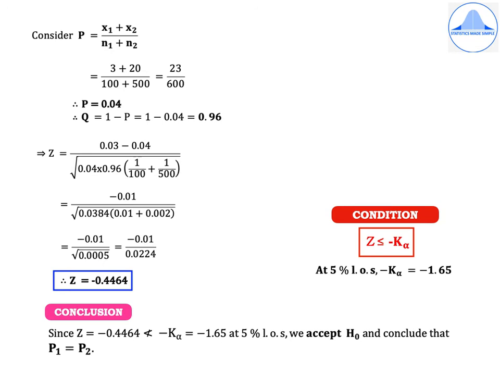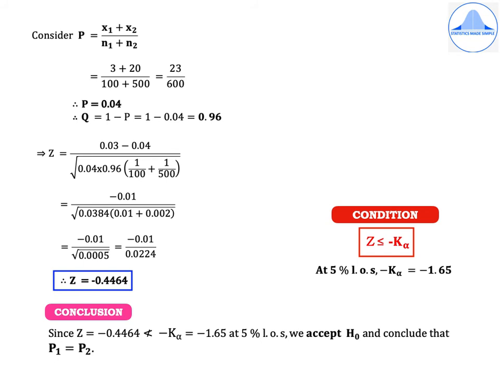Let us now calculate capital P, which is 3 plus 20 divided by 100 plus 500, which is 23 by 600. So we get capital P as 0.04 and Q is 1 minus P, which is equal to 1 minus 0.04, that is equal to 0.96. Substituting in Z, we get Z is equal to 0.03 minus 0.04 divided by root of 0.04 into 0.96 into 1 by 100 plus 1 by 500. On further simplification, without calling out the remaining values, we get the final value of Z as minus